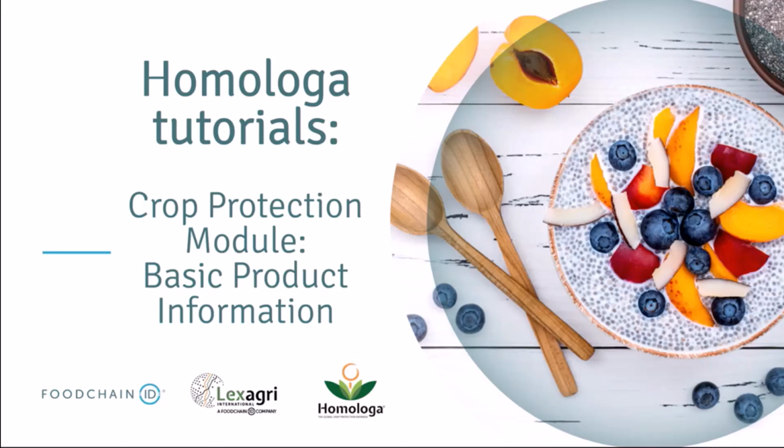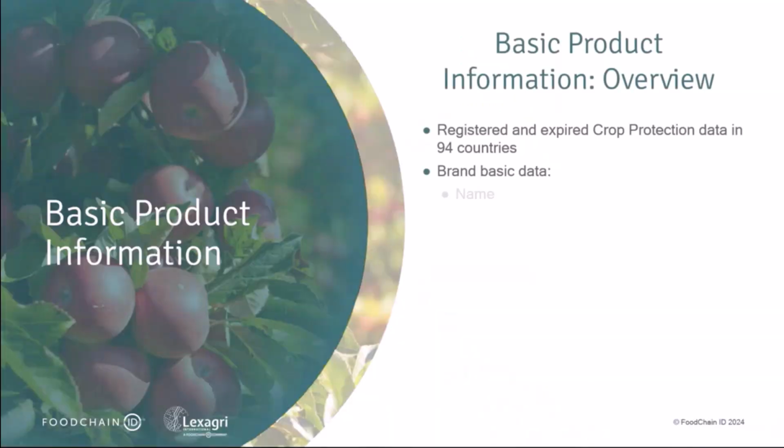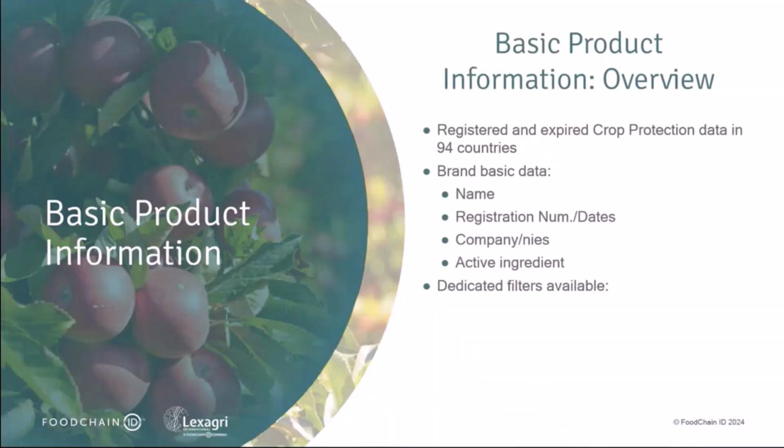Today we will review the Plant Protection Module, Basic Product Information. This module covers the basic details related to global crop protection data. It currently contains information from 94 different countries including product name and registration information, which is registration number, registration or expiration dates, and in some countries we will also be able to check the last commercialization date and the last use date. We have registrant information and the status of that registrant and all the details regarding active ingredients for